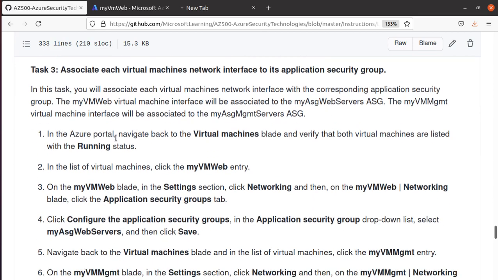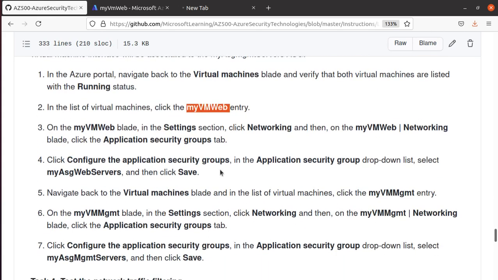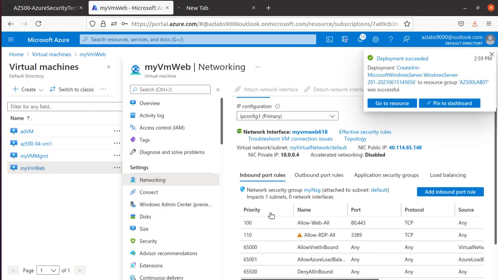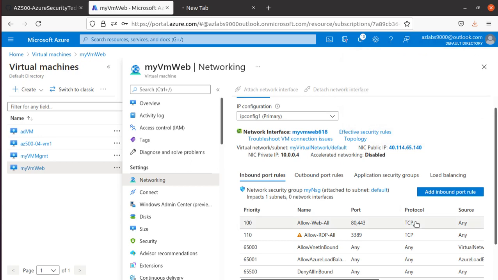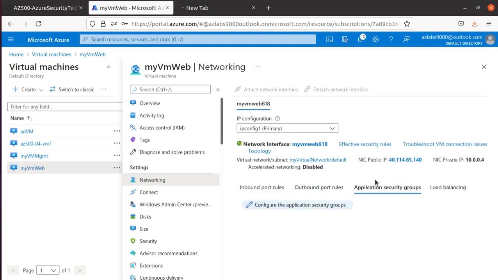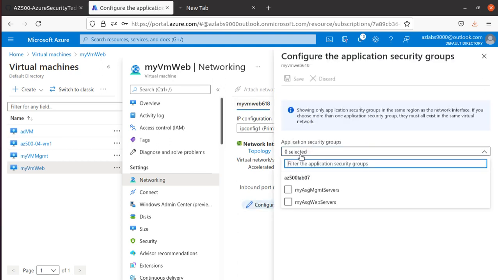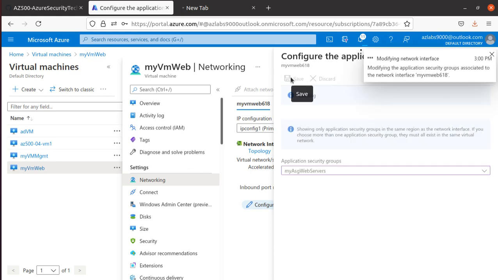So go to the virtual machine and make sure they're running. Start with the virtual machine web entry, go to settings, networking, and then click on application security group. So both of them now got deployed. So we are here, and we're gonna go down to the application security group, and right now nothing is configured, and we know this is the web server, so we're gonna associate this web server with the web servers application security group. Hit save,